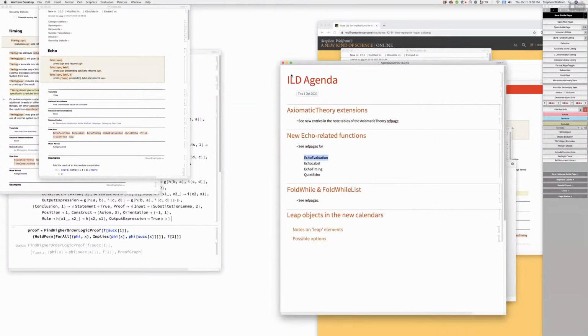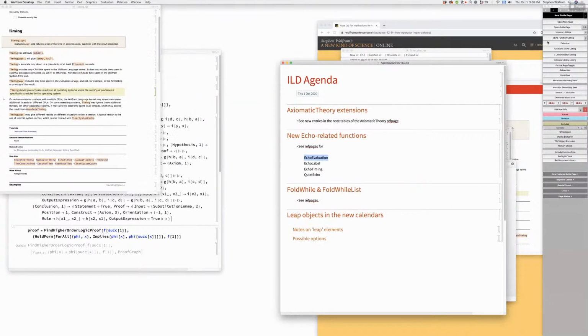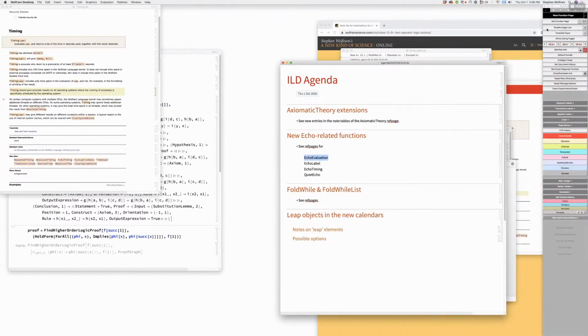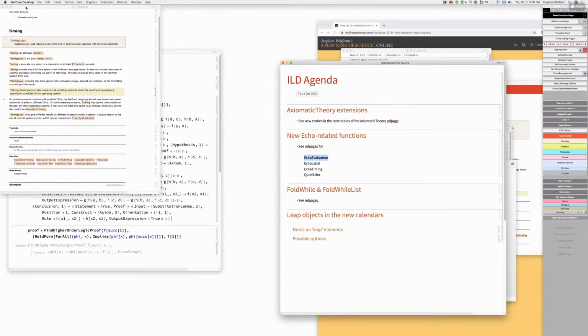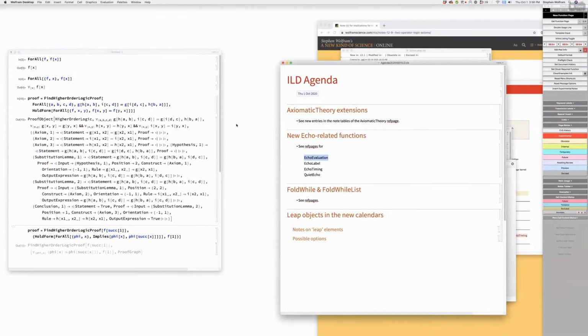Okay. Let me just check echo evaluation to check we didn't mess something up there. No, it looks fine. Okay. Right, next. FoldWhile list.